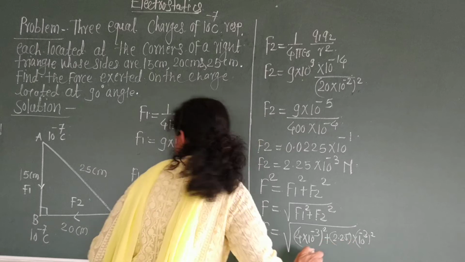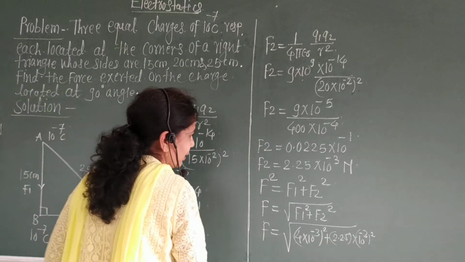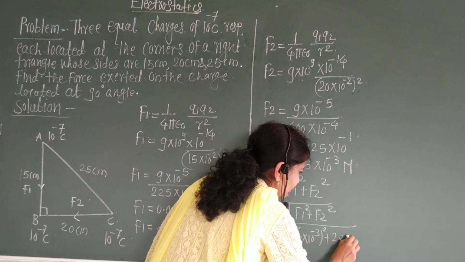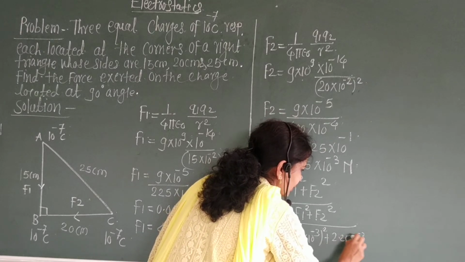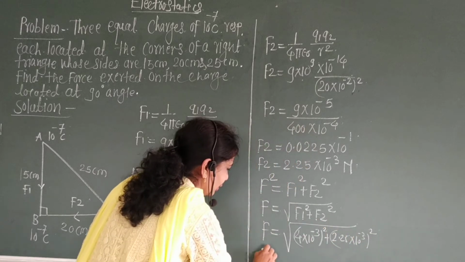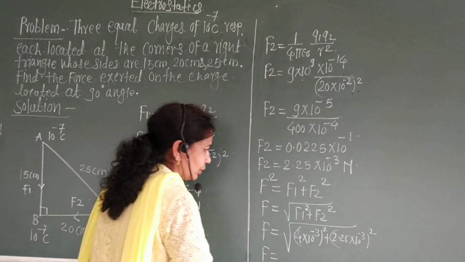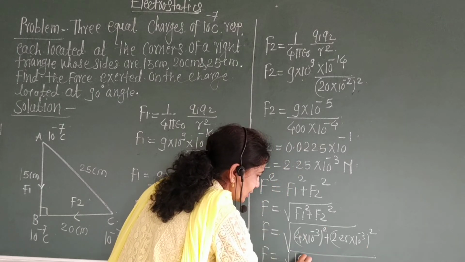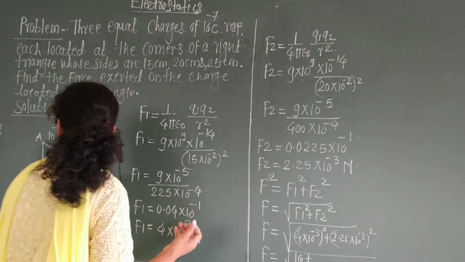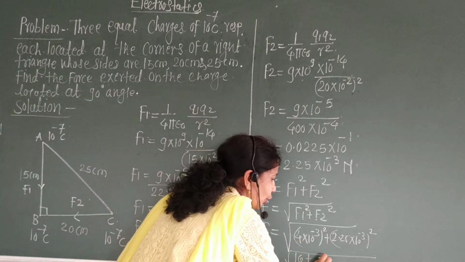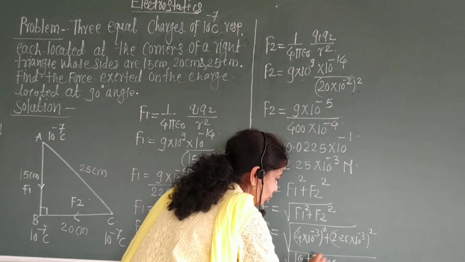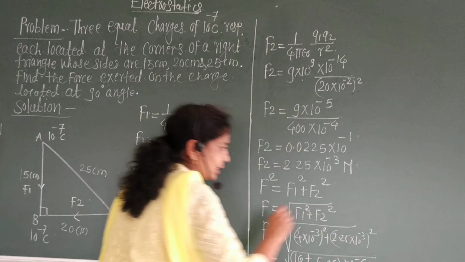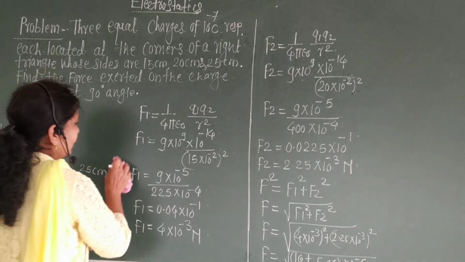Okay, असं लिहिलं तरी चालेल. Write this in this way. 2.25 into 10 raised to minus 3 bracket square. Therefore, F is equal to the, say this, 4 square is 16 plus 2.25 square is 5.06. Okay, into 10 raised to minus 6. Okay, now next